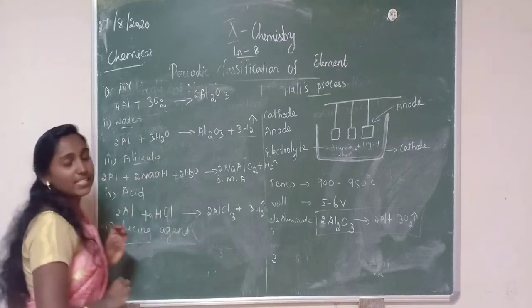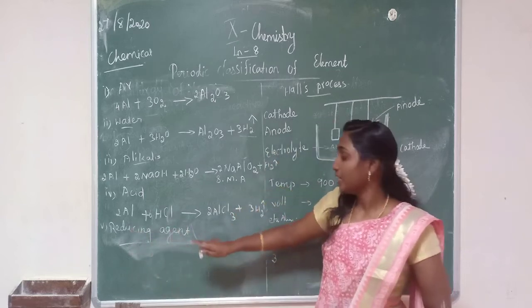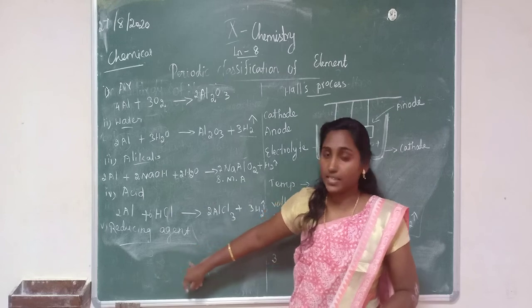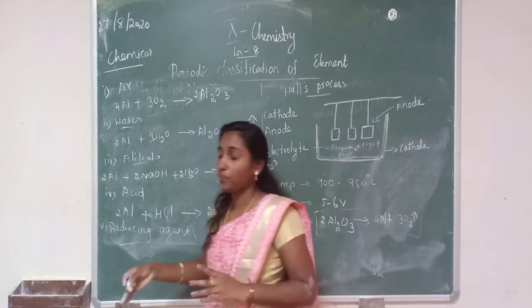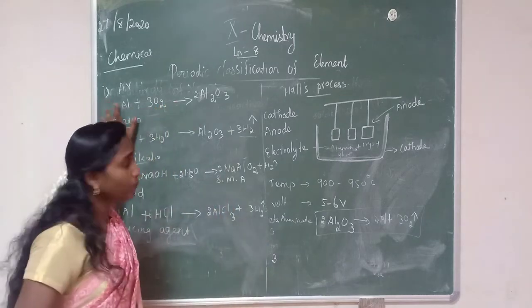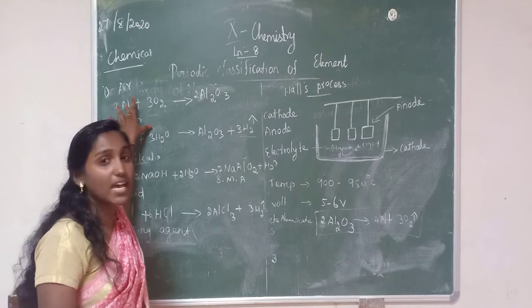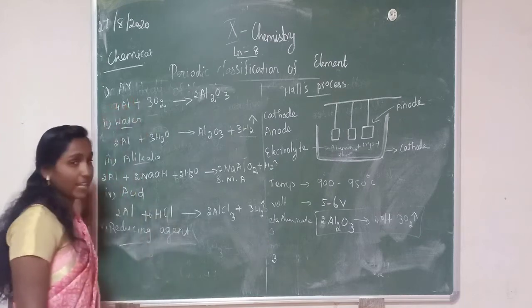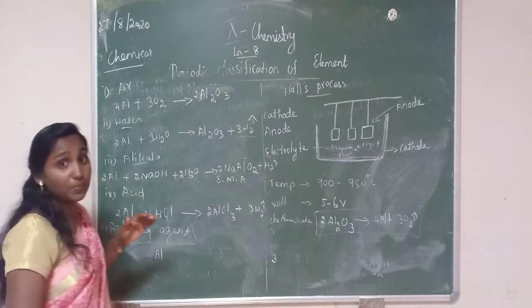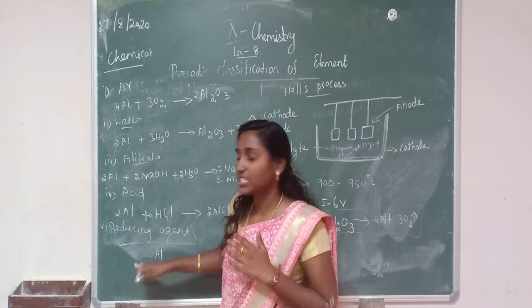This reducing agent is very important. The 2 mark question they will ask: define aluminothermic process. That is the reducing agent reaction. In this reducing agent, aluminium is a powerful reducing agent. When the mixture of aluminium powder and iron oxide,